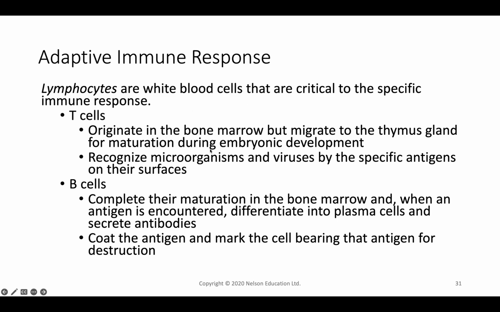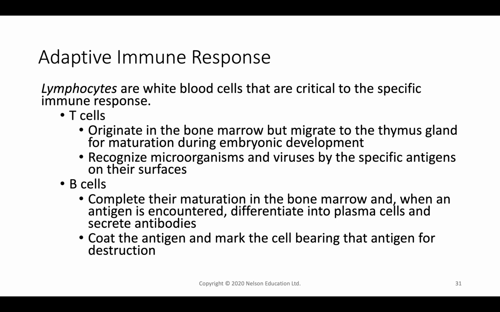So their origin, let me back up. Their origin is the bone marrow, but eventually they go to the thymus gland, which is where they mature during embryonic development. So they're called T cells because they come from the thymus gland. B cells, on the other hand, are going to stay in the bone marrow and complete their maturation there. And both of these are going to be cells that recognize antigen-presenting cells,